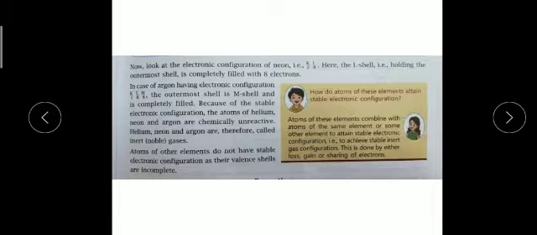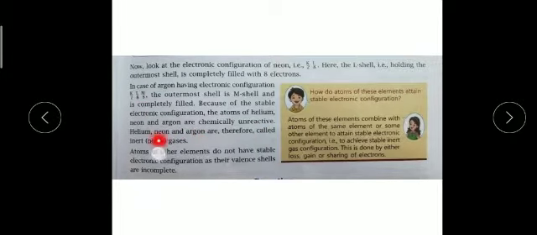So, remember now, children, in case of argon, argon is a noble gas. Argon's atomic number is 18, so argon's electronic configuration is 2, 8, 8. So, we can say by looking that the M shell contains 8 electrons. So, argon is also following the octet rule. The outermost shell, the M shell, is completely filled. So, argon is also a stable noble gas.